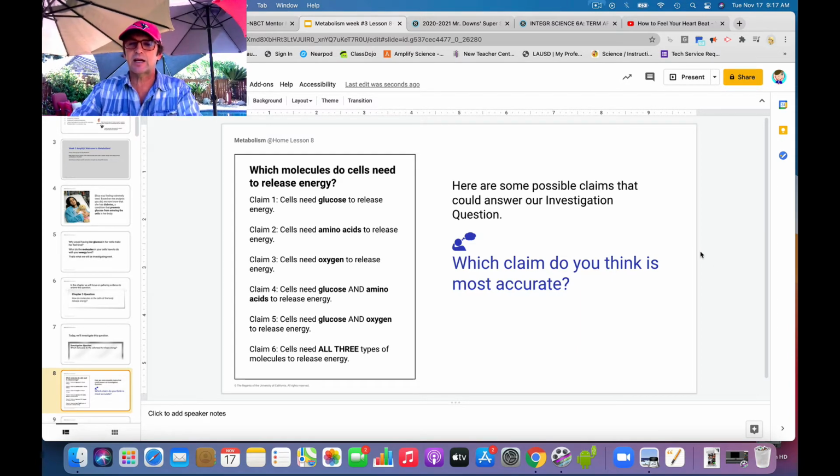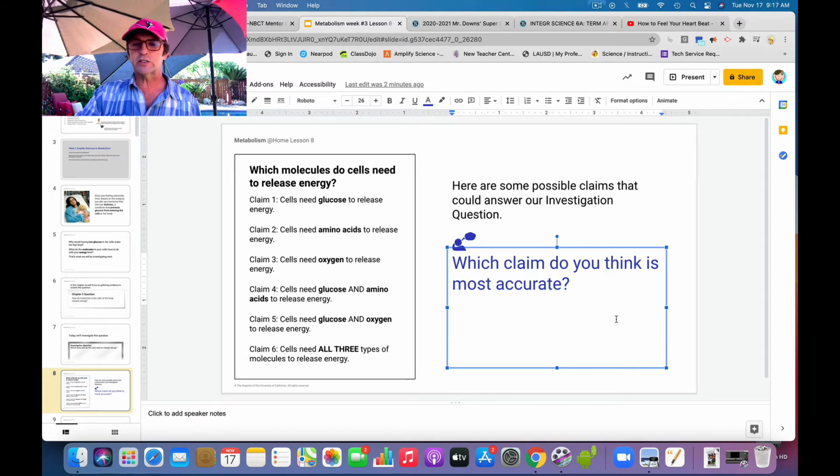Remember, these activities count towards your history grade this week, getting information from places, the history type skills. And so you need to make sure you put this in the chat and participate. If you are at home, you may just put it in this box right here. Now you can do both. If you want, put it in the box and in the chat, people that are in Zoom. As a matter of fact, let's do both so we have an easy record in both places.